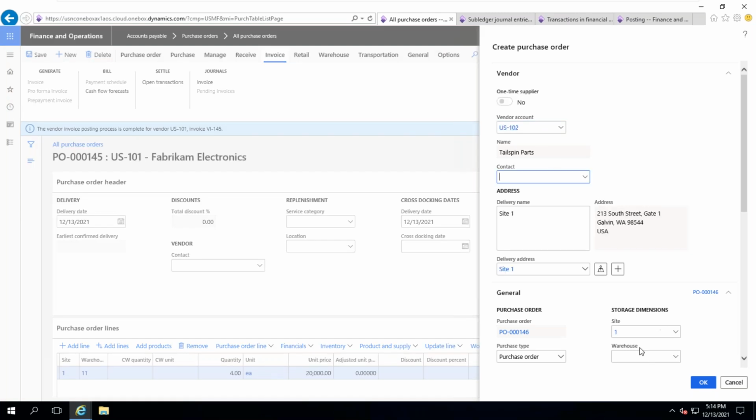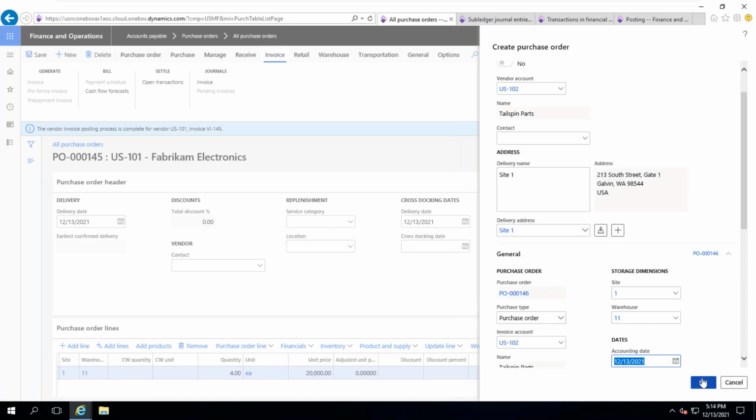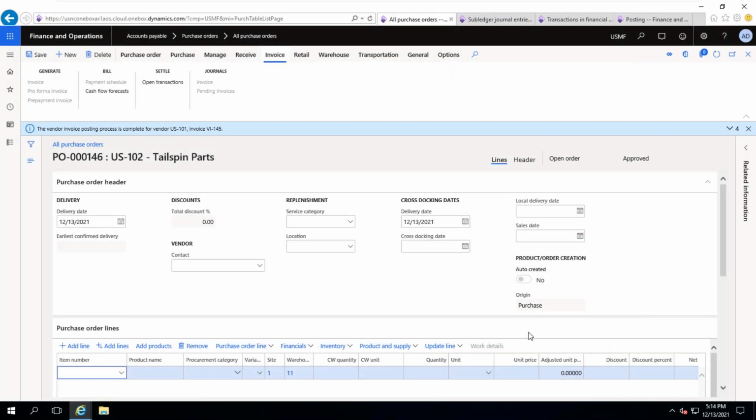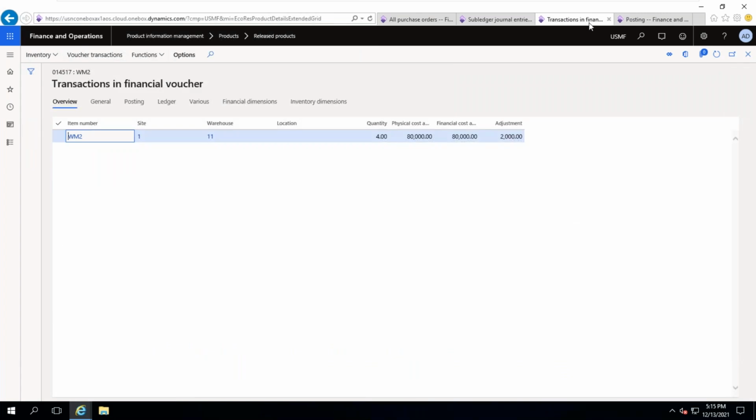Any vendor is fine, no issues. I'm selecting site and warehouse. Click OK. Okay, same washing machine I'm taking. Same items, 4 items. Okay. Before this, let me go to